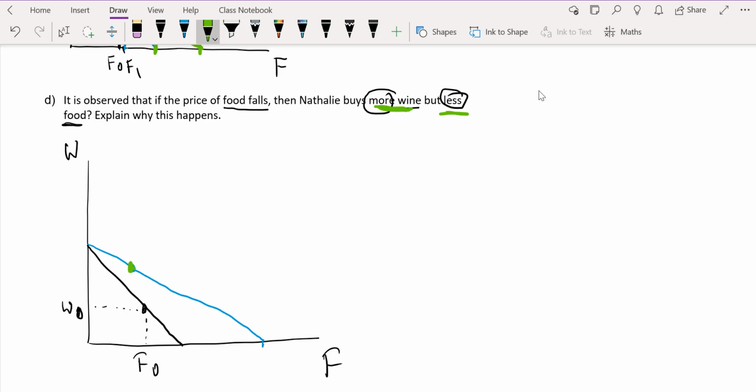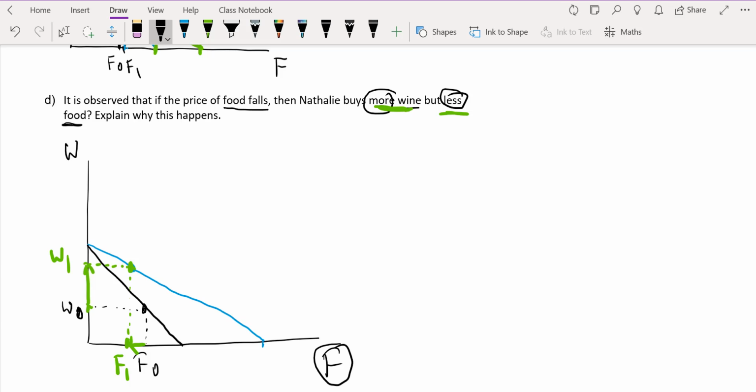Yeah, because if you see this, this is Natalie's new F1. So that's the quantity of food, and this is the quantity of wine. So there is an increase in wine consumption, but a decrease in food consumption. This is interesting. If your real income increases, we tend to usually consume less of inferior goods. So it turns out for Natalie, food is an inferior good, while wine is a normal good, because with